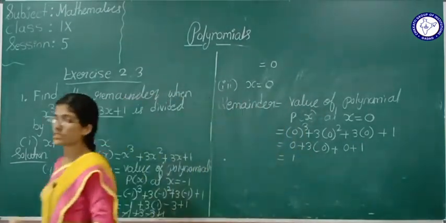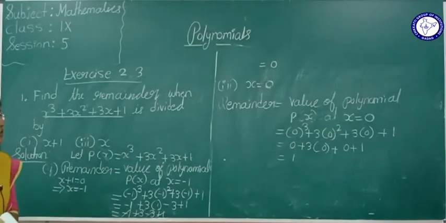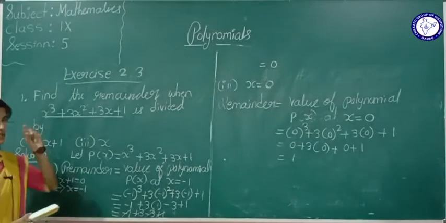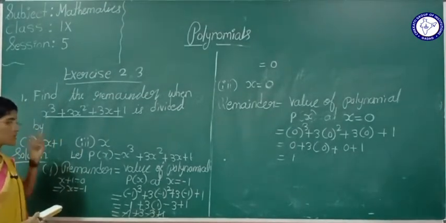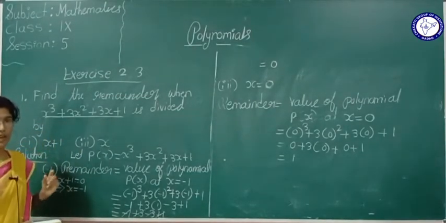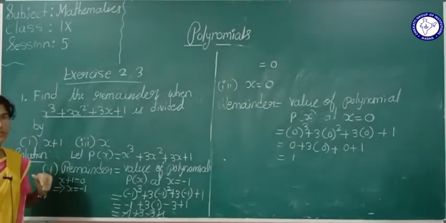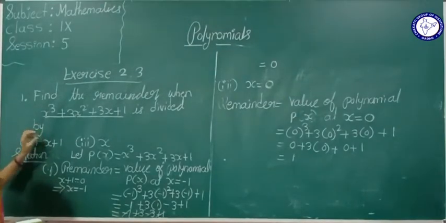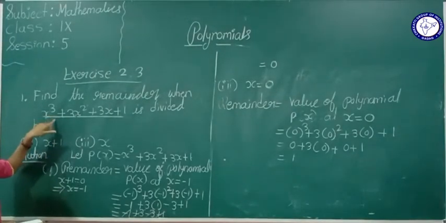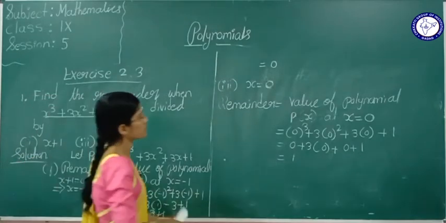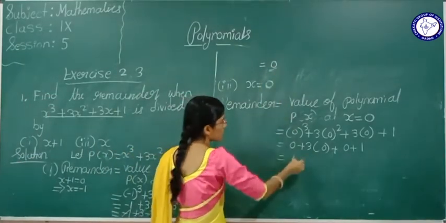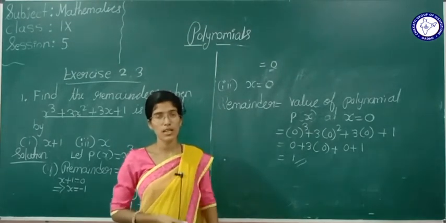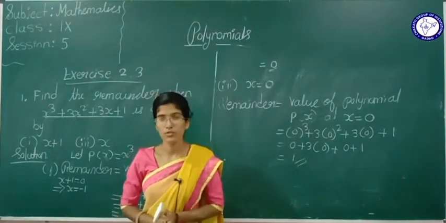Now see here, it's very simple if you do it by the remainder theorem. Simple thing: you equate the divisor with 0. Whatever value you get, you substitute in the given dividend. If you substitute that value, you are going to find the remainder. In the first one we got remainder 0. In the third one, we got 1. So next, some problems are there. The remaining problems you do by yourself.